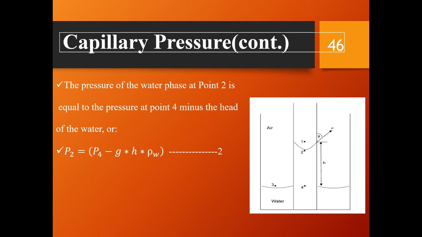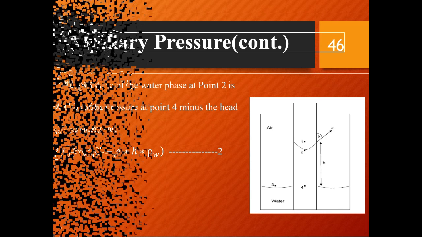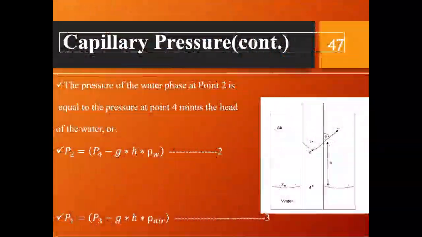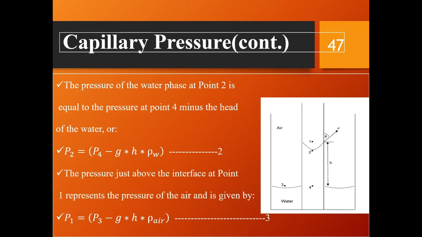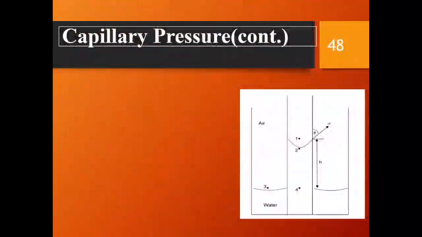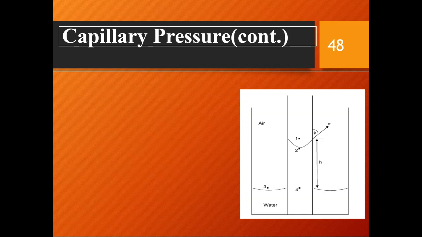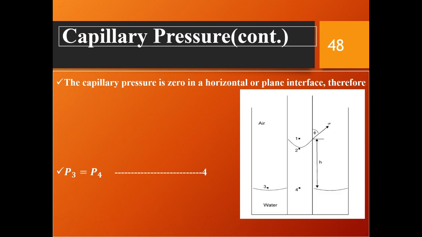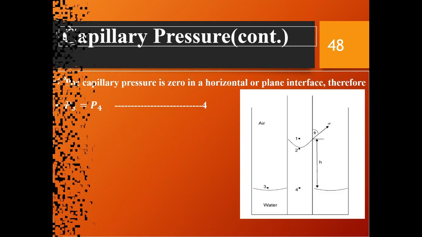the pressure of the water phase at point 2 is equal to the pressure at point 4 minus the head of the water, or the pressure just above the interface at point 1 represents the pressure of the air and is given by the capillary pressure is 0 in a horizontal or plane interface, therefore,